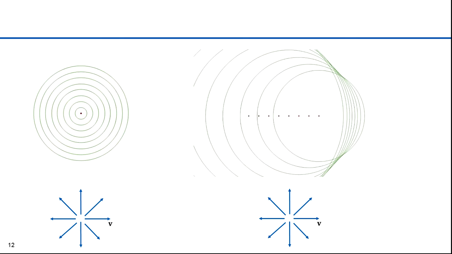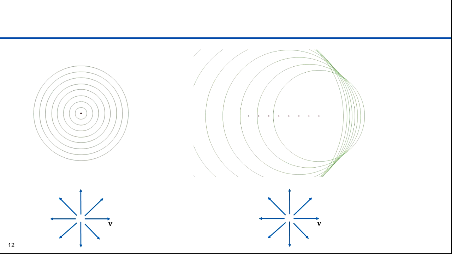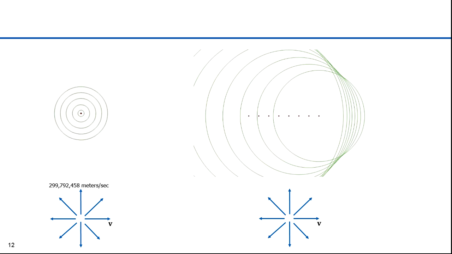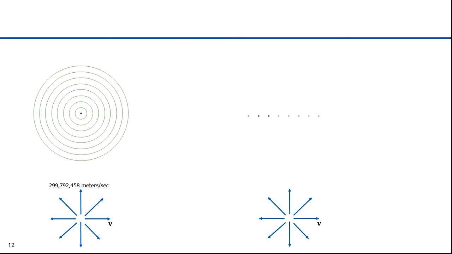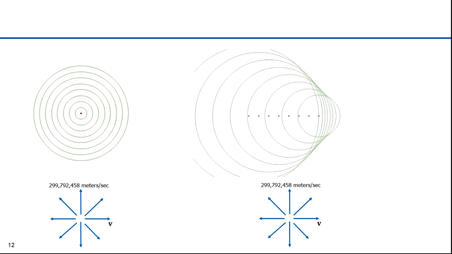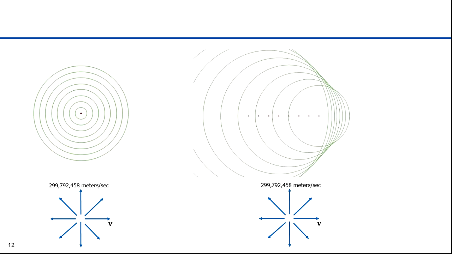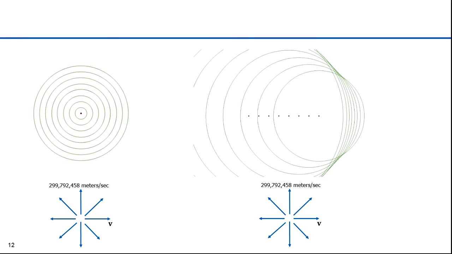Rather than dropping stones, now imagine that you pulse a light on and off in the vacuum of space to create wave fronts. The light, according to Maxwell's calculations, is going to propagate out at 299,792,458 meters per second. Now, imagine you're in a spaceship moving at a constant velocity, and you pulse a light as the ship moves. The electromagnetic waves don't know that you're moving in the spaceship. Once the light pulse is emitted, a wavefront is created that propagates through empty space at 299,792,458 meters per second. It doesn't matter that they came from a moving source. In fact, this could be 8 spaceships sitting at rest, pulsing separate lights in sequence.